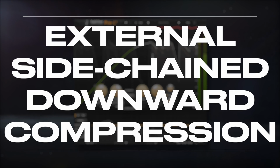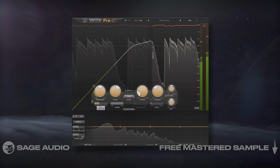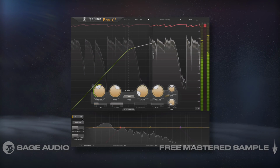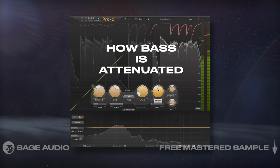External side-chained downward compression. Similar to our last chapter, we can insert a downward compressor on our bass guitar or synth and set the external sidechain as the kick. After ensuring that the kick is triggering the compression, we can control how the bass is attenuated using the typical